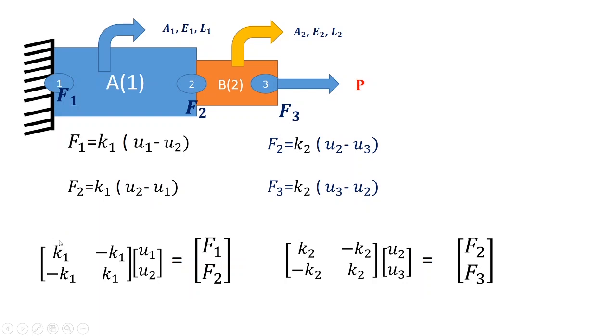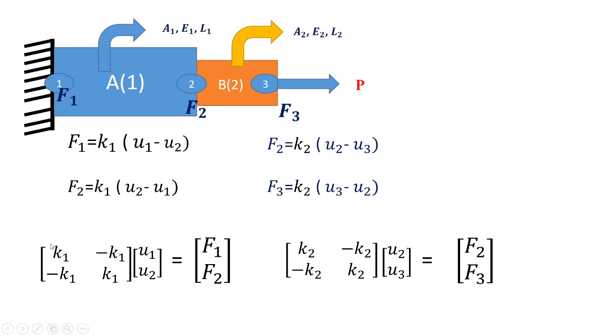So again I will repeat, F1 is equal to K1. U1 means positive. K1 when multiplied by minus U2, it is negative. So you are only confused about this point. Got it? So if you see K1 when multiplied by minus U1, it is minus K1. Because why am I writing here? Because this part might represent element 1. This part represents element 2.